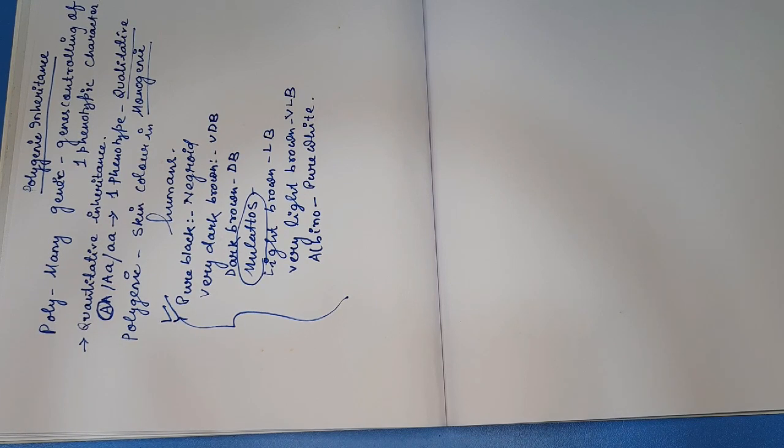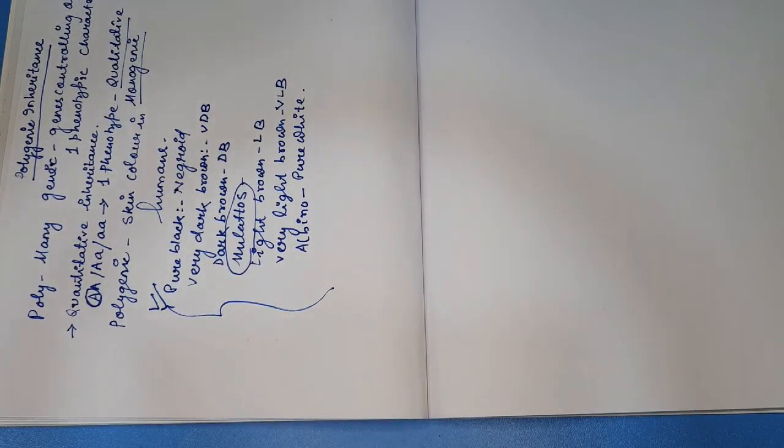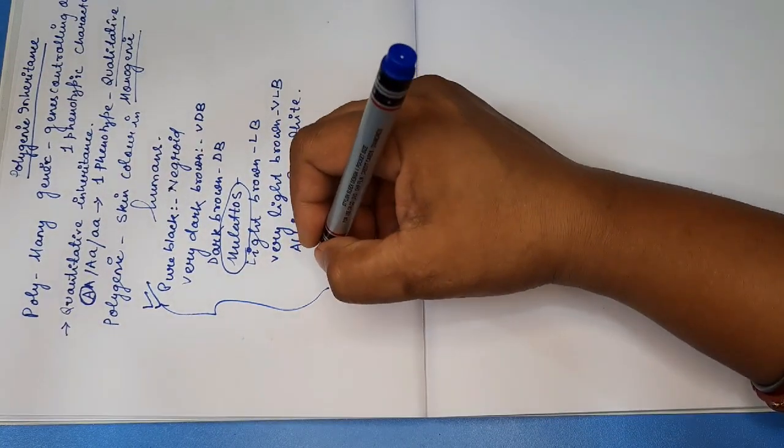I told you that they are the traits which are measurable, and they do not have two distinct contrasting conditions. You focus on this, and what I am telling will be very clear to you. I told you that they will show a wide spectrum of phenotypes which will gradually blend from one condition to another in continuous variations. They are usually controlled by more than one pair of genes, and if I take the